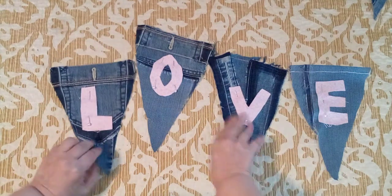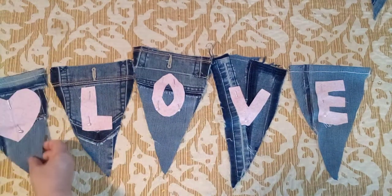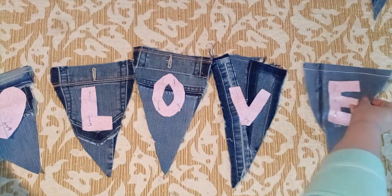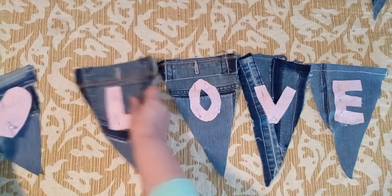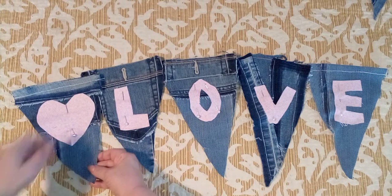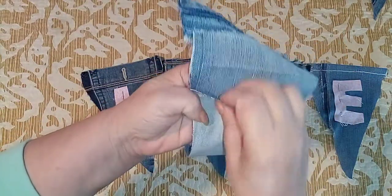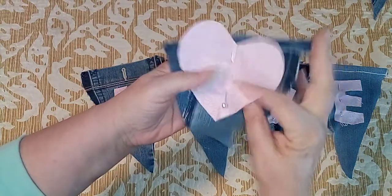This is what I will do, and I am going to add from the beginning. Let me move a little bit so that it will have enough space. At the beginning and the end, I'm going to put a heart. So what you need to do when you're working with those remains of fabric is just connect them with a simple stitch. I work with a 3.5